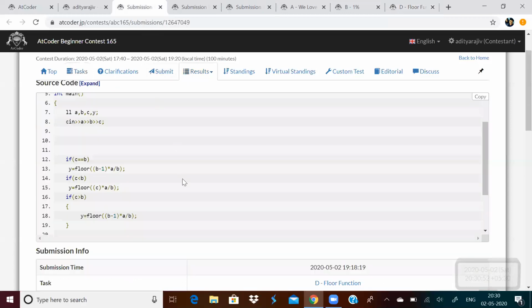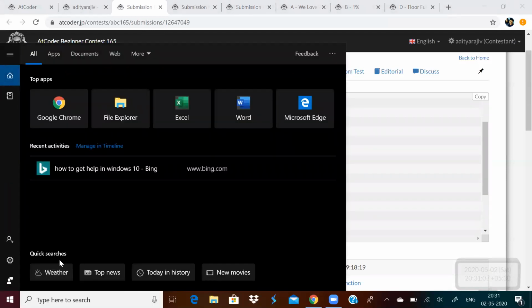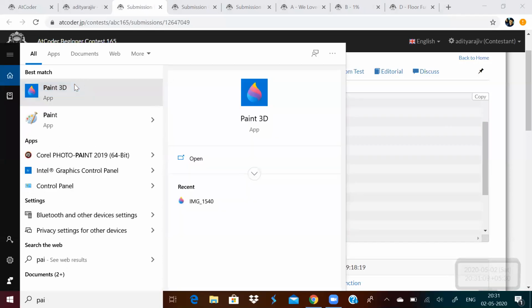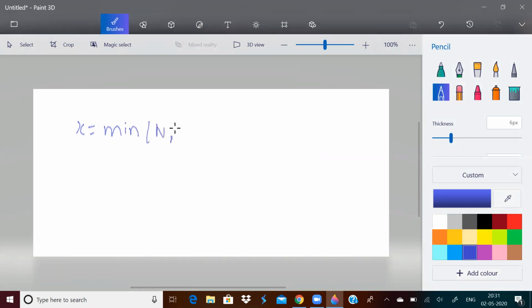So accordingly, I wrote the code, and this is the code for that. Actually, you can write one more thing. You can just say x is equal to minimum of n and b minus 1, because x should always be less than b.